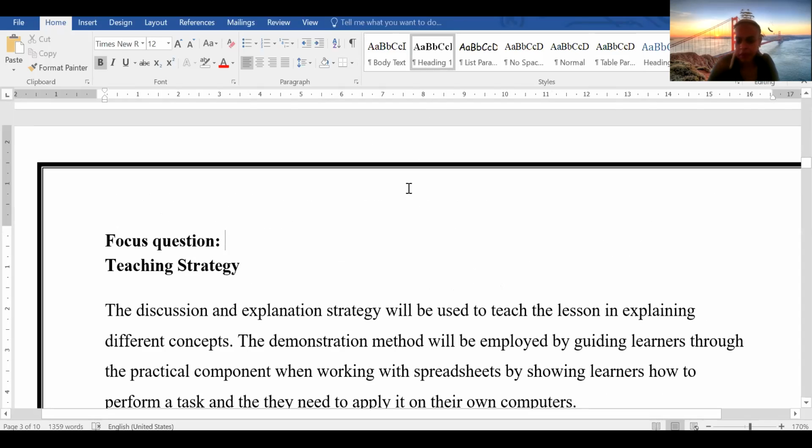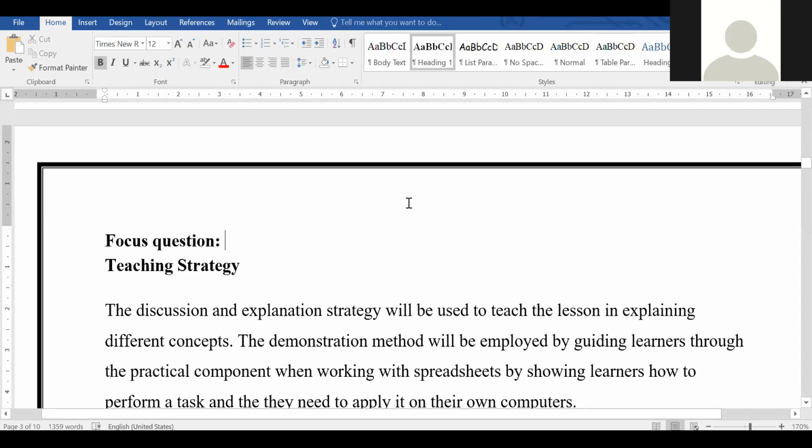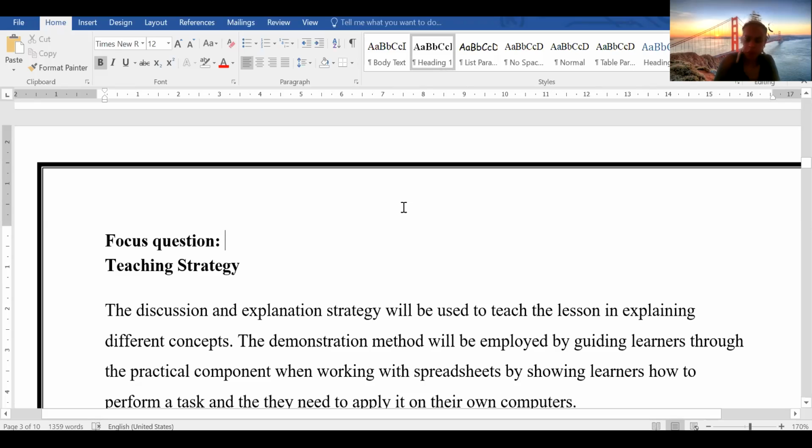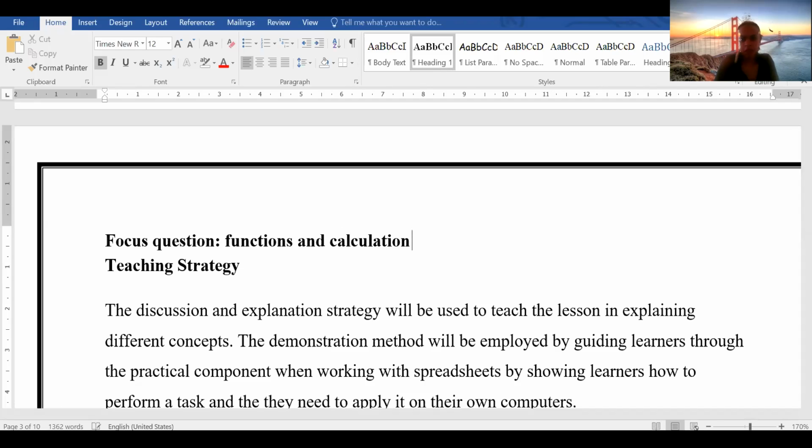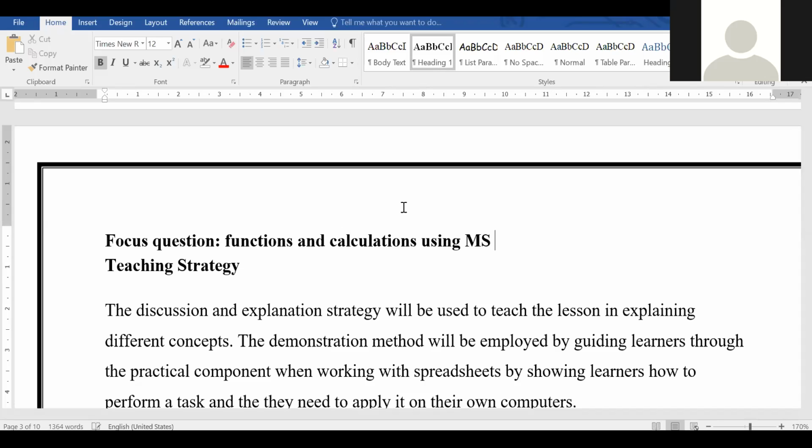Fakami. Yeah. What is the focus question for this day? Functions and calculations of Microsoft Excel. Functions and calculations. Using MS Excel, isn't it? Yes. Or maybe you can even say introduction